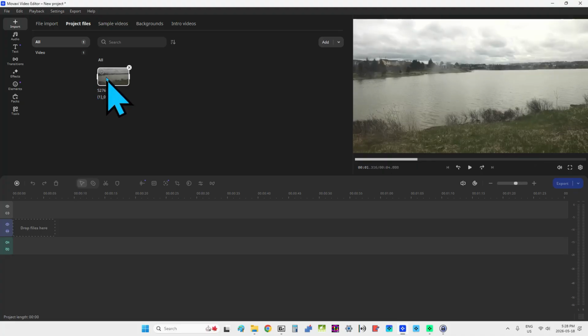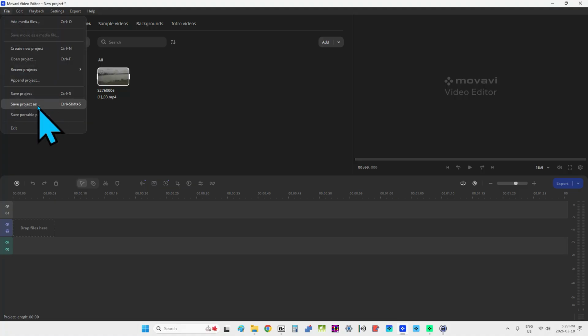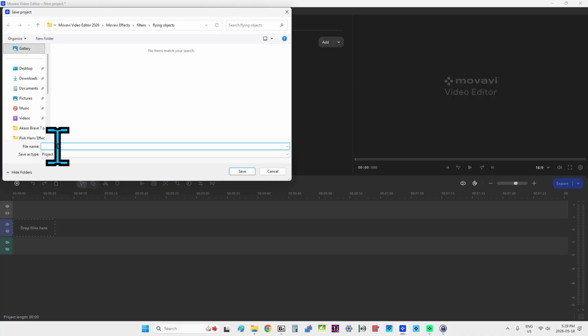Okay, so there's my clip under Project Files. So now I'm going to save my project before I proceed any further. So I'm going to move the mouse pointer up and click the File drop down menu there. And now I'm going to click Save Project. So I'm going to type in the file name here. It looks like my prompt box is already open here. So I'm going to type in my project name. I'm simply going to call it